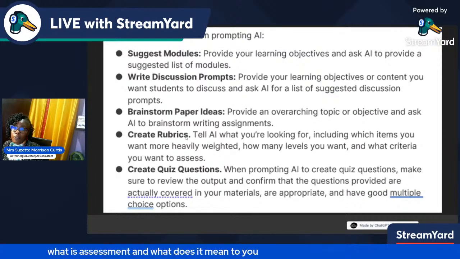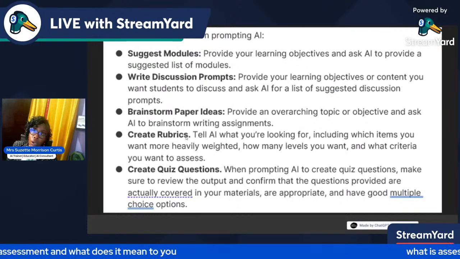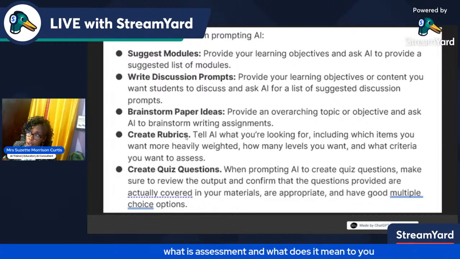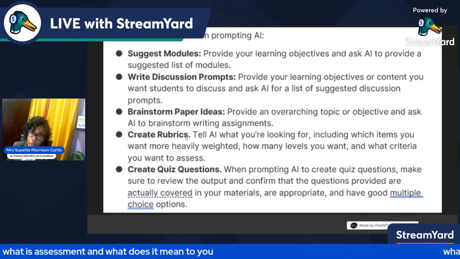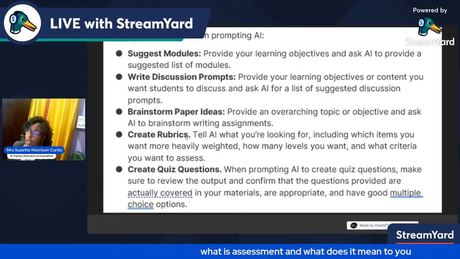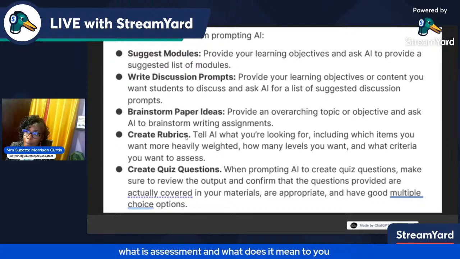You have to be mindful of these aspects too. Suggest modules: provide a learning objective for these modules. Write discussion prompts: provide your learning objectives or the content you want students to discuss. Brainstorm paper ideas: for that, you'll need to provide an overarching topic or objective and ask the AI to brainstorm writing assignments.